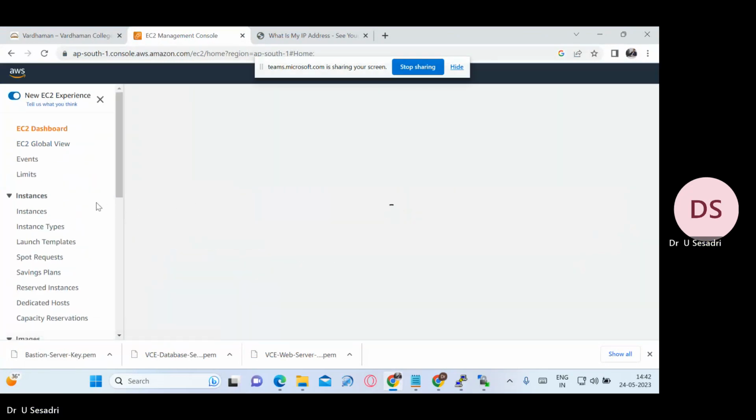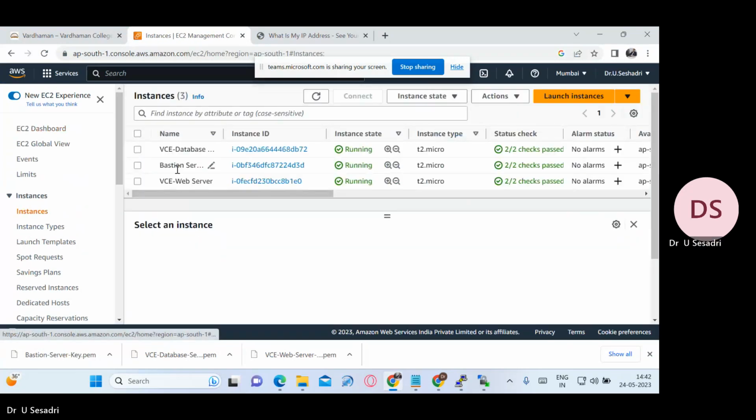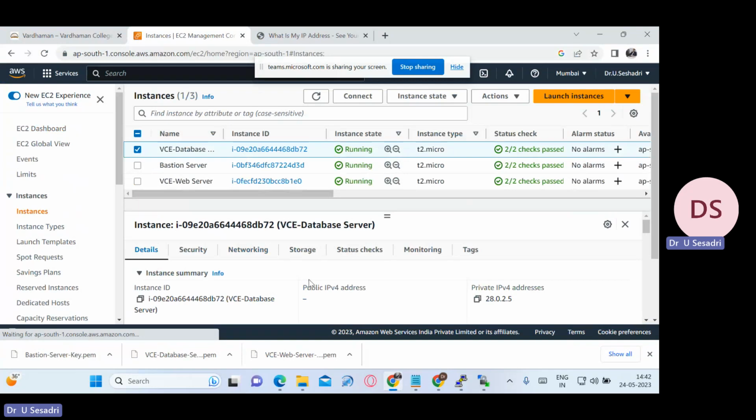EC2 instances. The database server doesn't have a public IPv4. Okay. Now